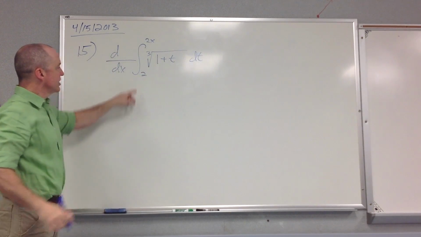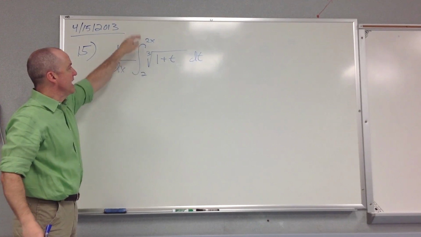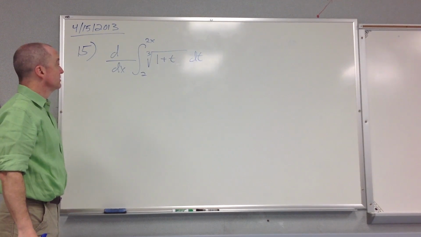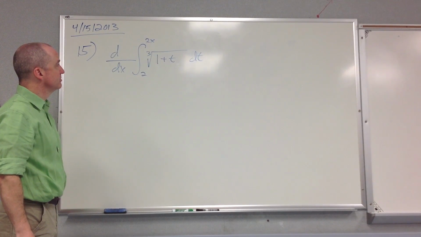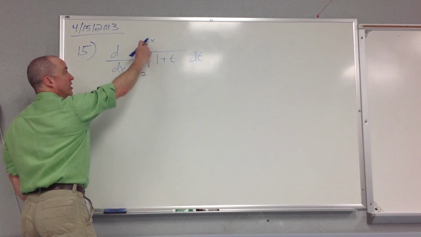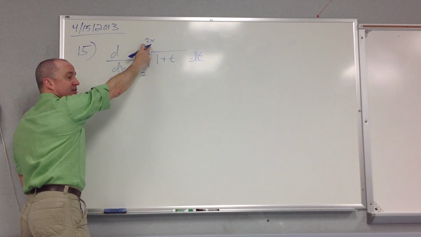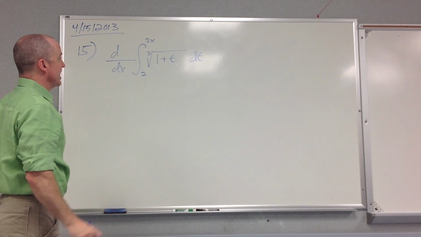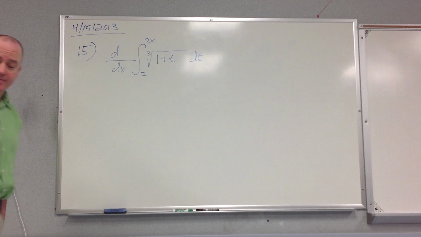Okay, if this were just a number to x, or 0 to x, how hard would this one be? Not this hard. The integral and the derivative would just cancel each other out. But I said you have to be careful when there's anything other than x up here. If it was 0 to x, boom, it just cancels and you're left with the function. But in this case,